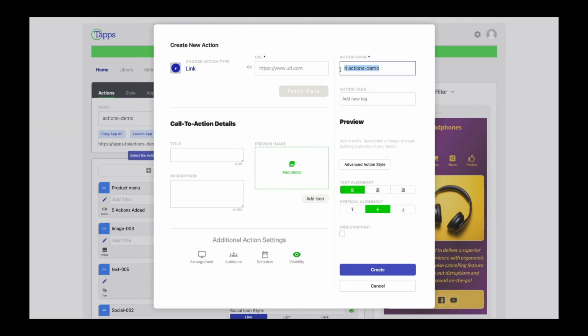We're going to name this promo link. And we're going to add a tag also, promo. Names and tags are very important to finding our actions in the library, and the name is important because that's what's going to display on our metrics reports. I'm going to paste in a URL that I want to add,